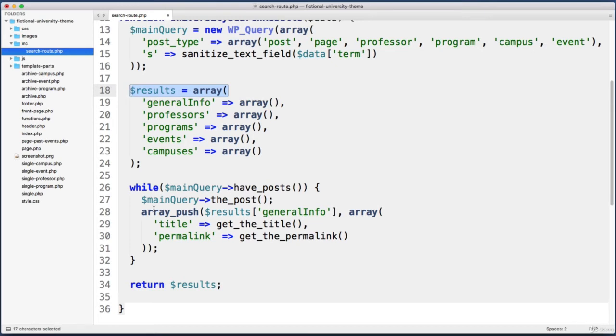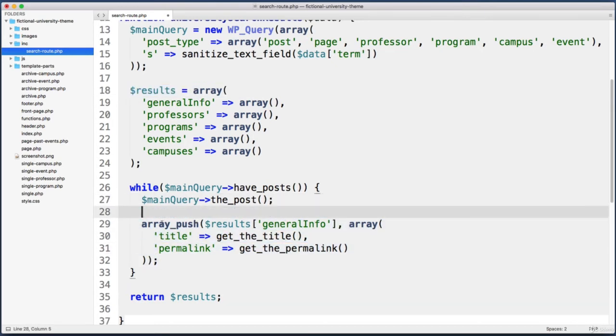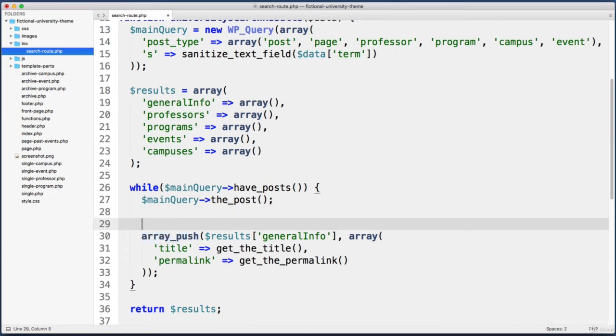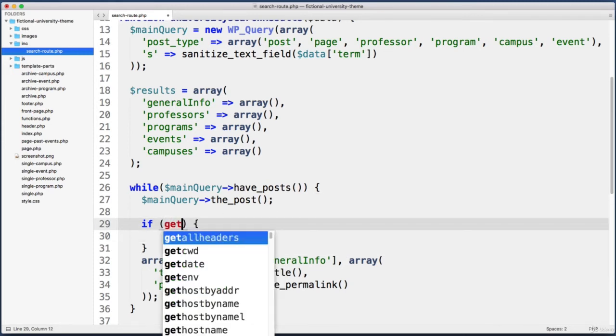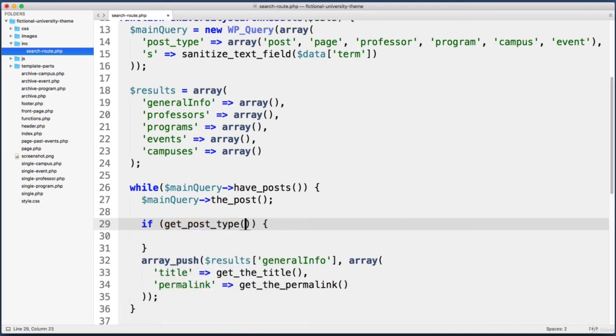Cool, but there's one thing missing. This array push line, we actually want to wrap this within conditional logic, because we only want to add something to the general info array if it's a blog post or a page, right? We want to funnel all of the other content types into their appropriate arrays. So let's do this. Right above this array push line, let's just write an if statement. So if parentheses, curly brackets, and for the condition, we can just say if get post type, which is a WordPress function, so it gets its own set of parentheses. If that equals post,